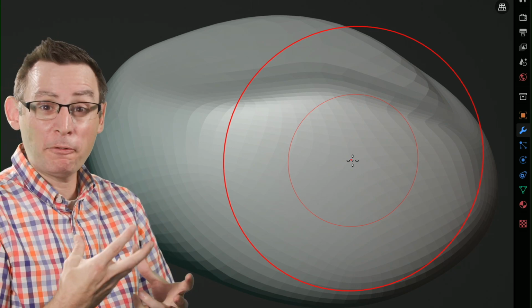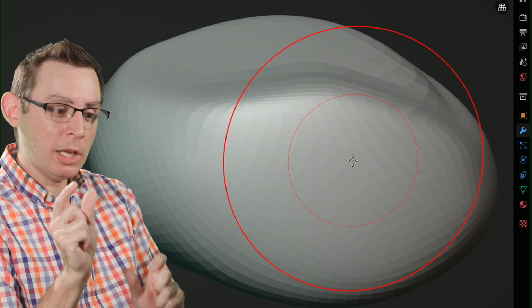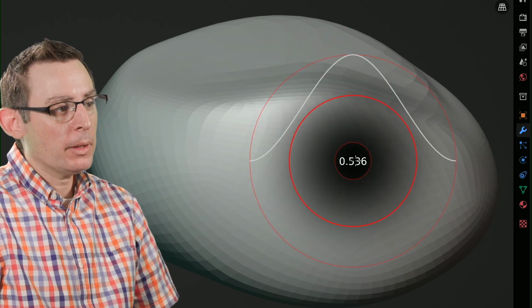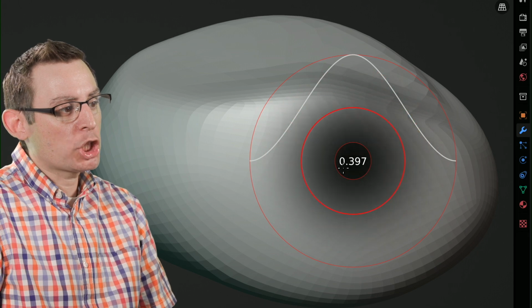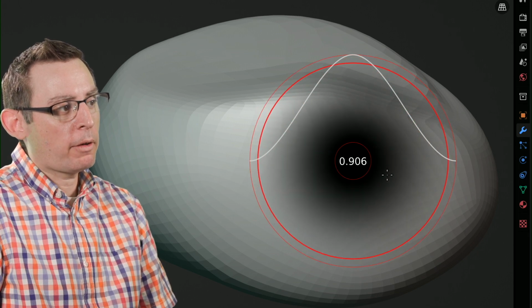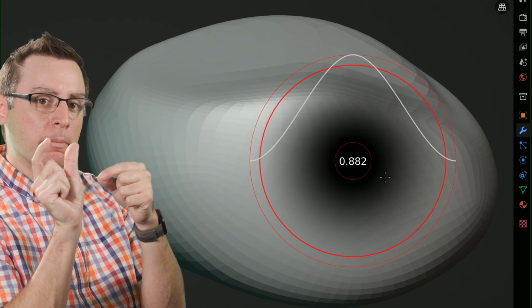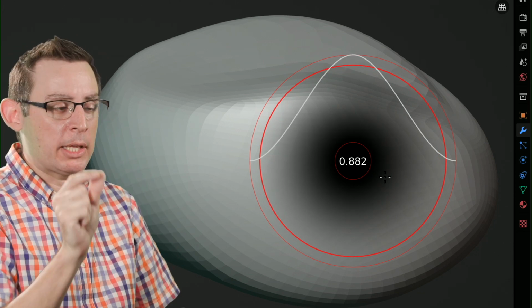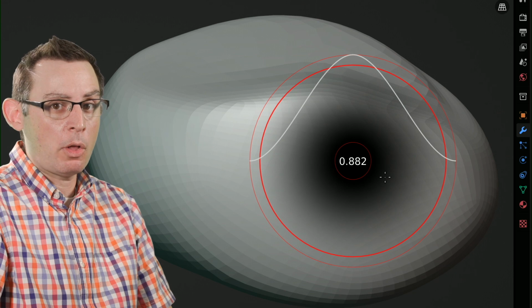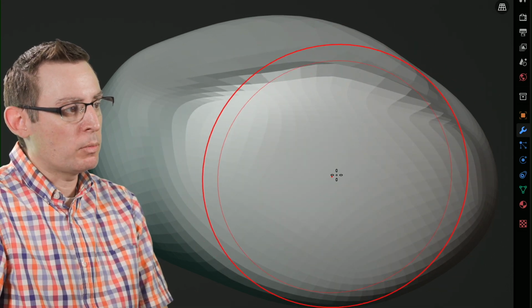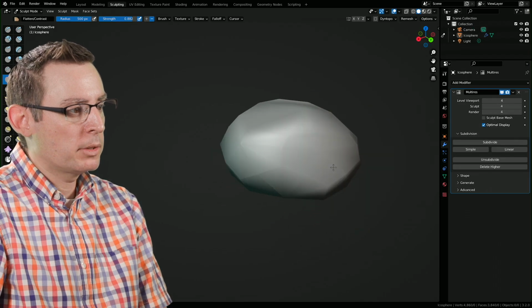However, for maybe the flatten brush to create rocks, we can change this. And we do this by hitting Shift F. And this is what we get. Now we're changing the falloff. I always have a little bit of a falloff. Remember, this is going to feather it based on the distance of the inside ring to the outside ring. So we're going to get very little falloff, like here. And what this does is it just creates some really nice angular forms pretty quickly.